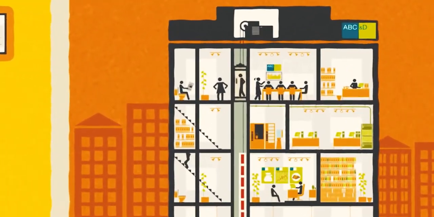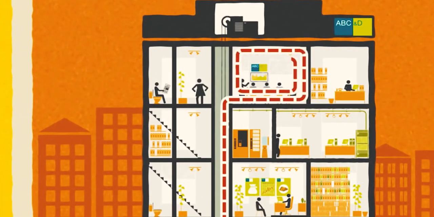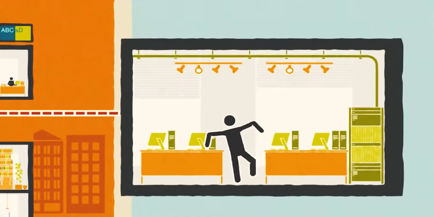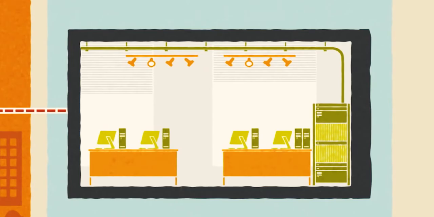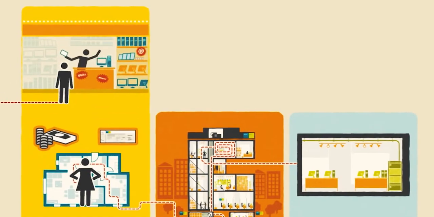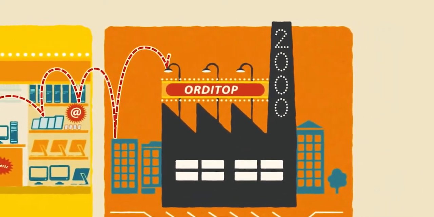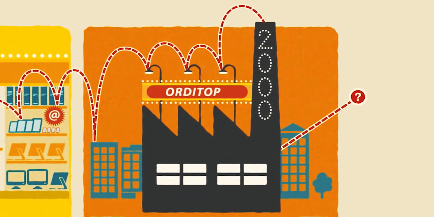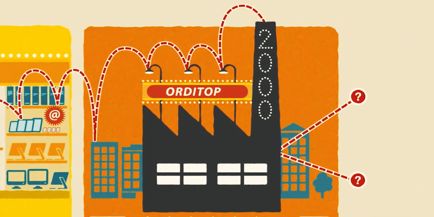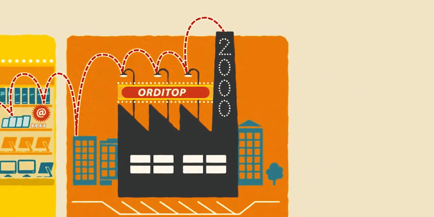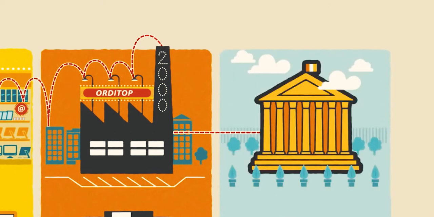Now it's reached the bank, who has decided to invest it. That's how Mr. Lavender in the IT department can order a batch of the very latest computers from Top PC 2000. Well, now you're beginning to understand how it all works. What is Top PC 2000 going to do with this money? Pay salaries? Pay dividends? Build a new factory? Nope. Top PC 2000, like everyone else, has to pay its taxes.